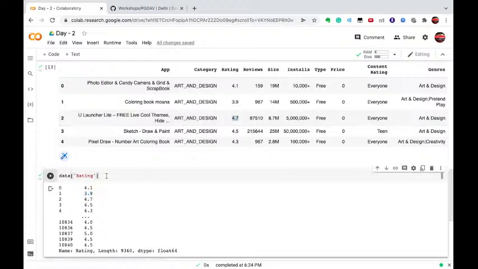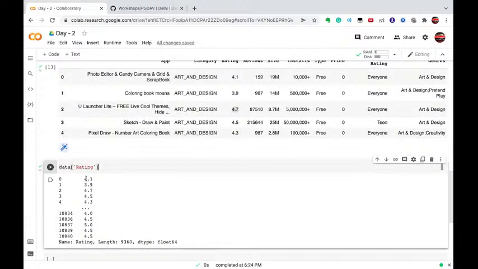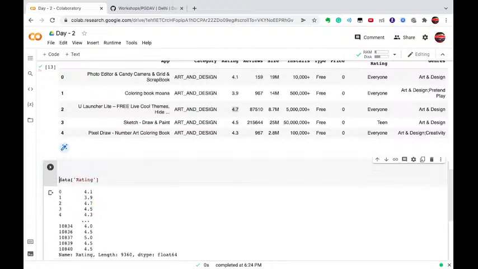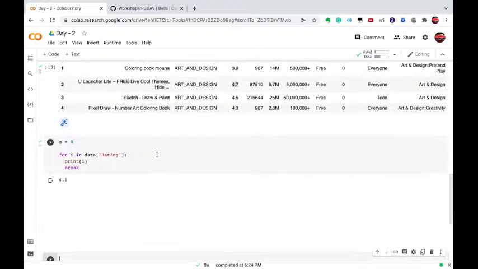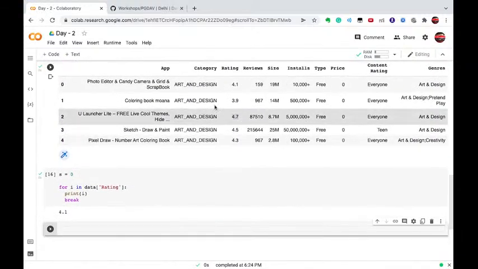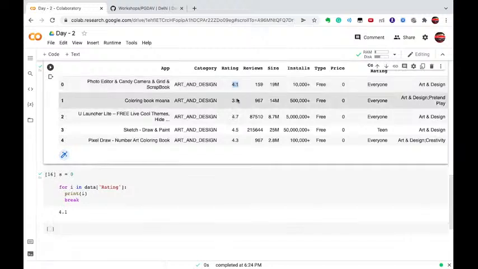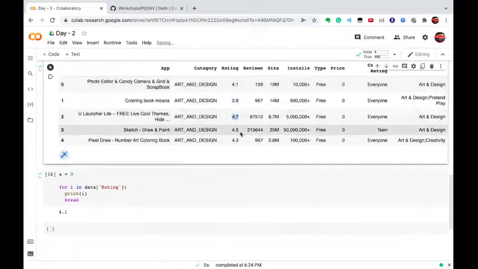Now what I can do, either I can go for a for loop and after that get the results. For example, I need to sum all of the values like 4.1 plus 3.9 plus 4.7 plus 4.5. Either I can use an s variable which is starting from 0. I'll go for i in data of rating, and if I'm printing i, it will print each and every rating. Like first of all it will print 4.1, then 3.9, then 4.7, then 4.5